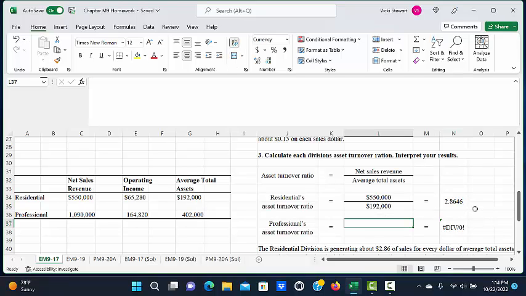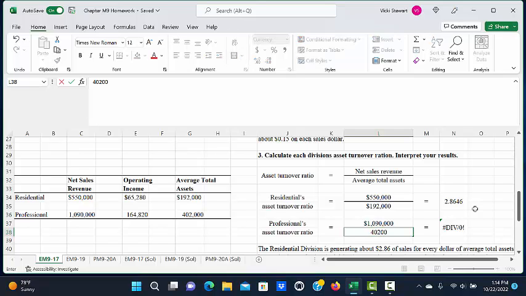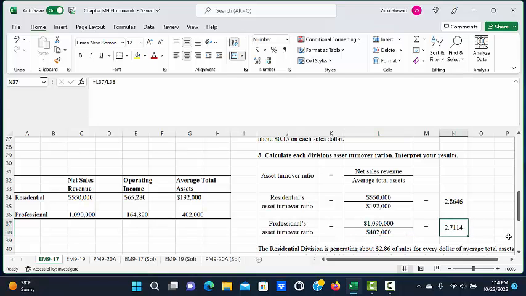For professional, we divide the net sales revenue of $1,090,000 by the average total assets of $402,000, and that gives professional an asset turnover ratio of